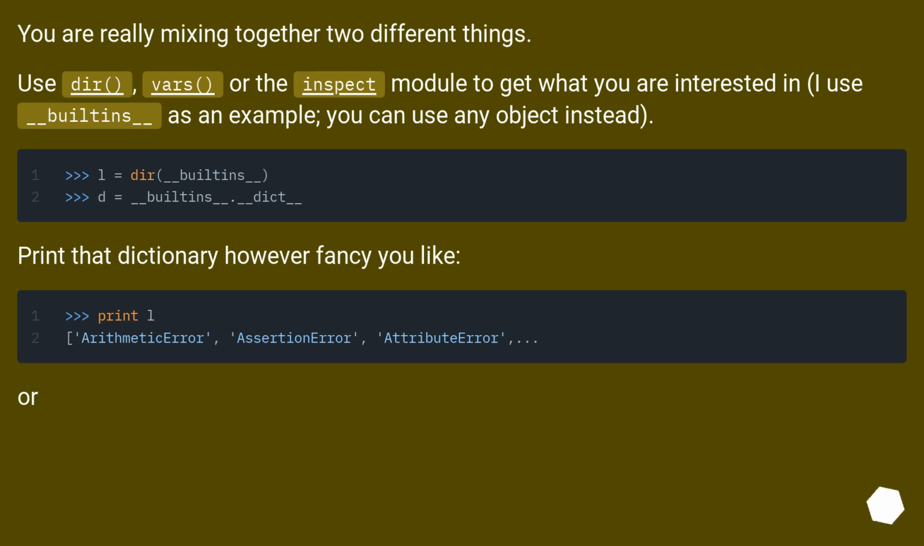You are really mixing together two different things. Use dir, vars or the inspect module to get what you are interested in. I use __builtins__ as an example. You can use any object instead. Print that dictionary however fancy you like. Or